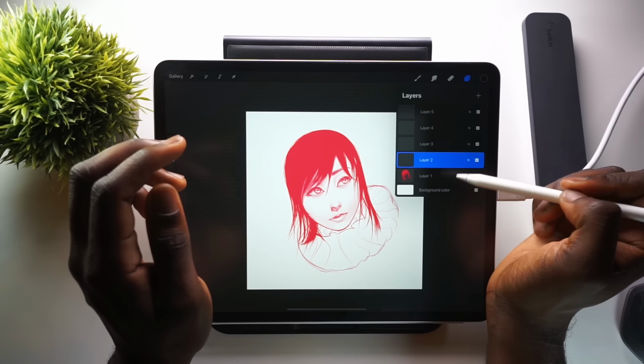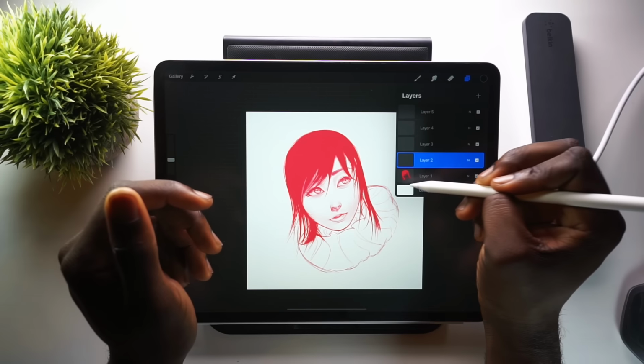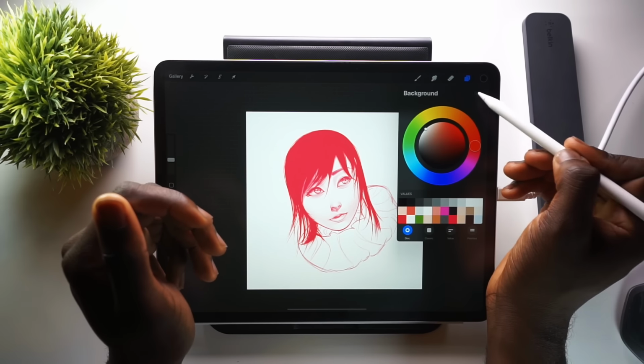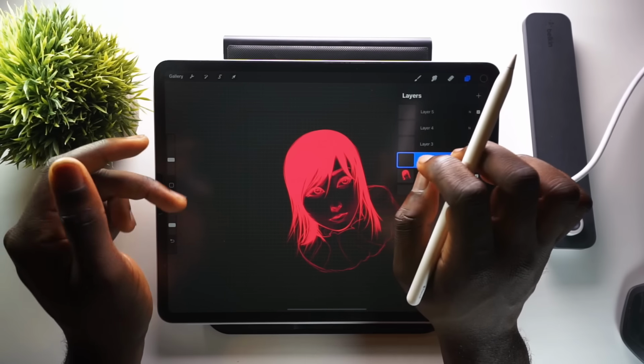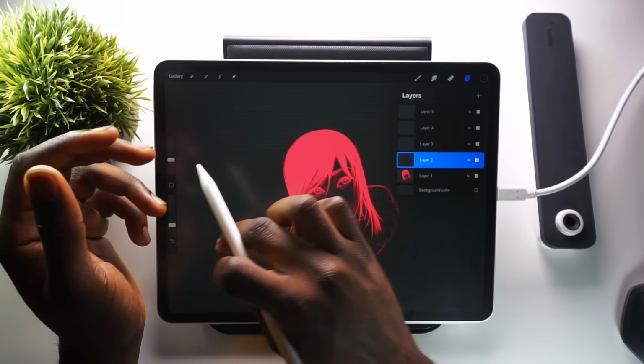You can't really get rid of it. All you can do is hide it. And what it does is create the background color. If you click on the thumbnail for it, you can change the color to whatever you want. When you hide it, it basically makes everything look like the default black background for Procreate, which is this nice